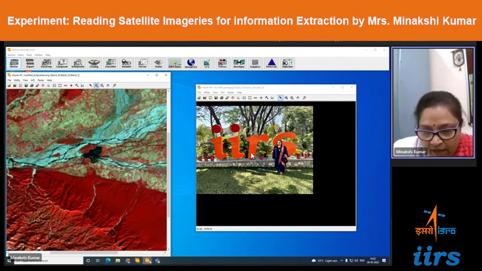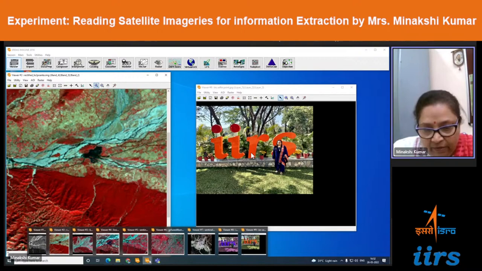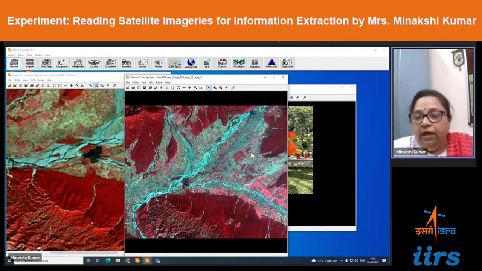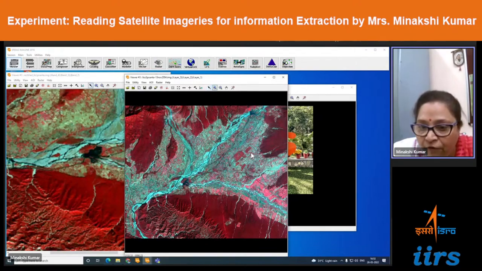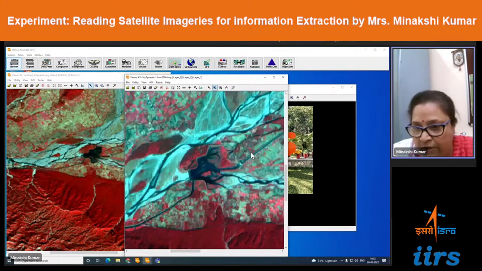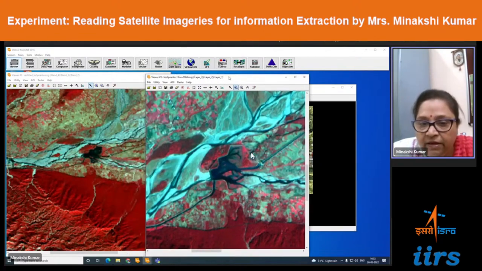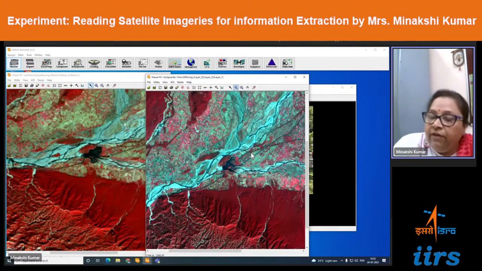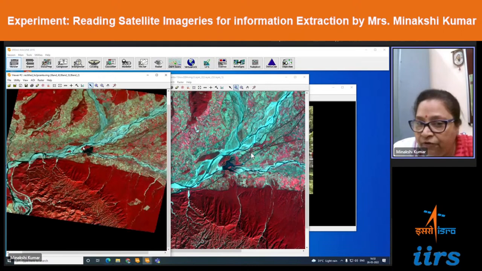Now the same area I will show you in a LISS-3 image, right? A LISS-3 image. Spatial resolution now here is 23.5 meters. Now if you look at the details, I will zoom into the portion of the reservoir. Here the reservoir looks very coarse. Where the canal reaches the reservoir is also not visible, but here details become finer, right? Because the spatial resolution is more, and we are seeing the same bands, infrared, red and green. So 36.25 meter resolution,